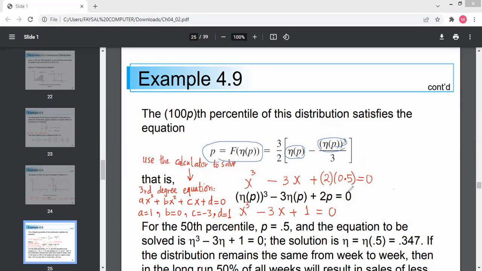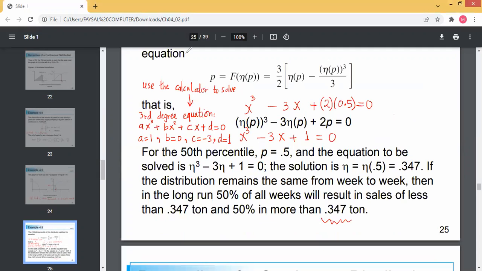So I use the calculator and find that for the 50th percentile, P equals 0.5. From the calculator, I use this expression: the cube coefficient a value is 1, b value is 0, c value is minus 3, and d value is 1. So I find that the n value for 0.5 is